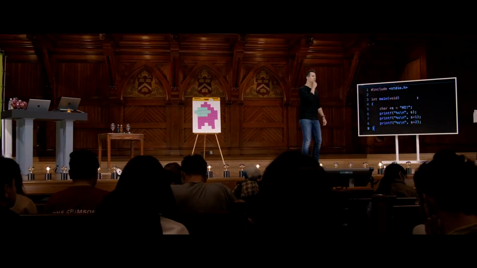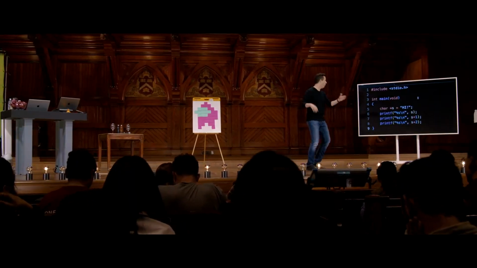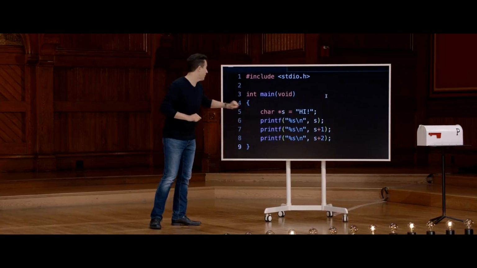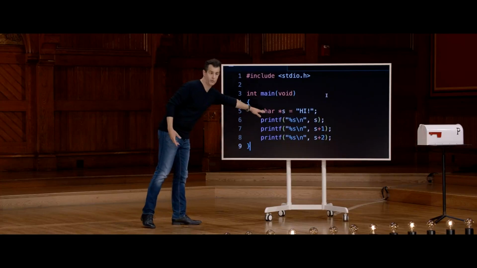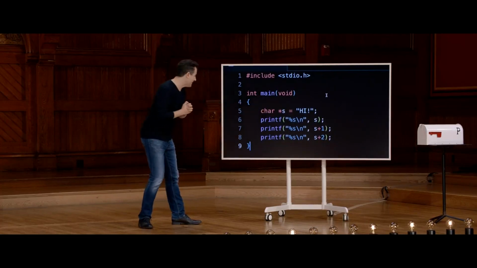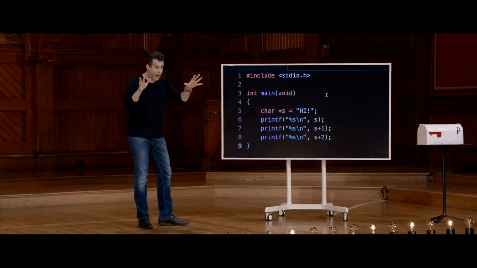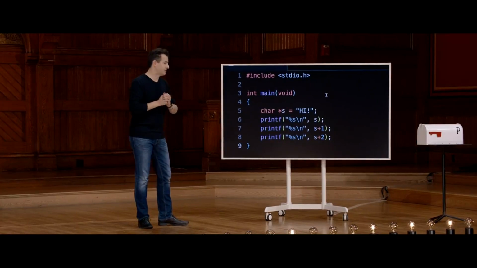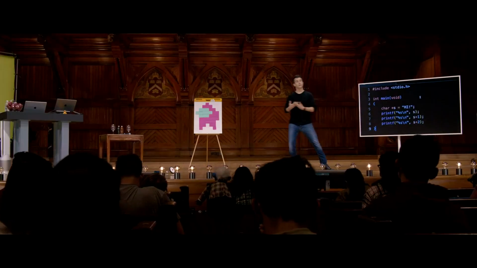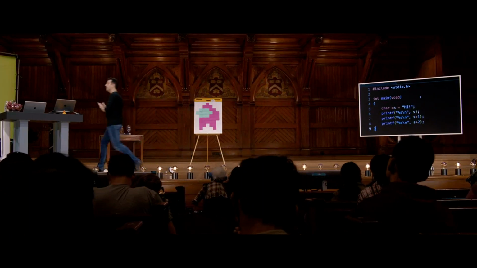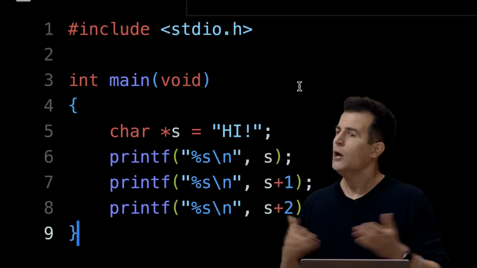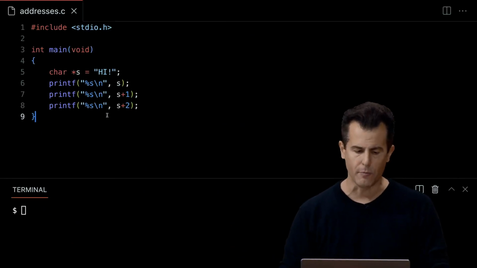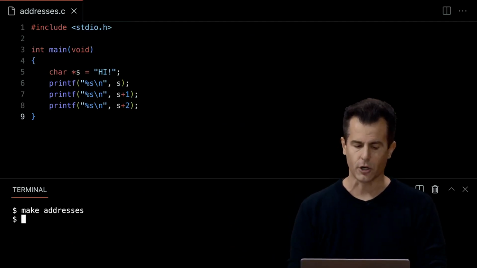Yeah, I think it's actually going to do the latter. It's going to print hi in the usual way, because honestly, line 5 is this, line 6 is the same as week 1 stuff, except we took off the training wheel of string and we're calling it char star. But I think line 7 is indeed going to print out i, and line 8 is just going to print out the exclamation point. Printf will still be smart enough to know where each of those substrings, portions of the string, end by the same logic as always. But let me go ahead and zoom out, run make addresses, enter, compiles okay, ./addresses, and